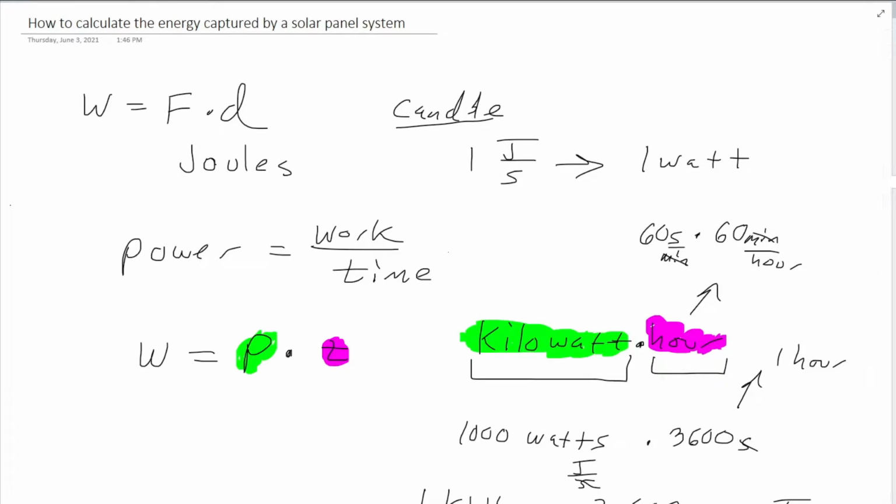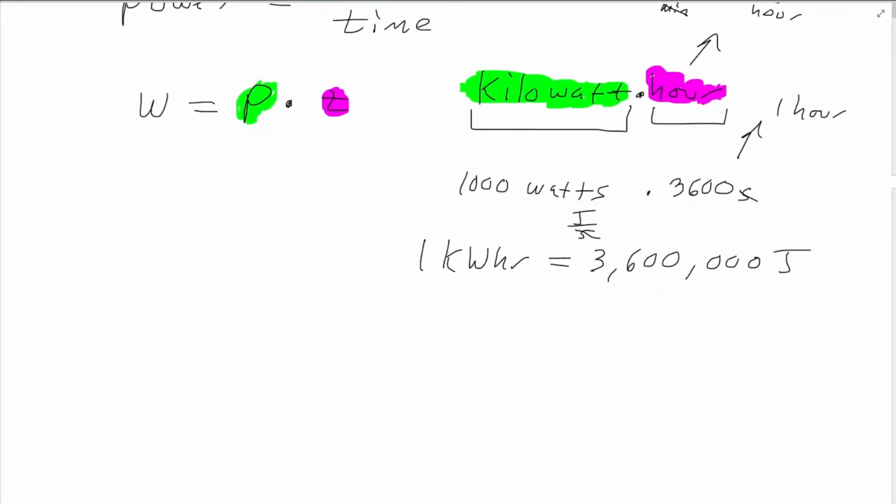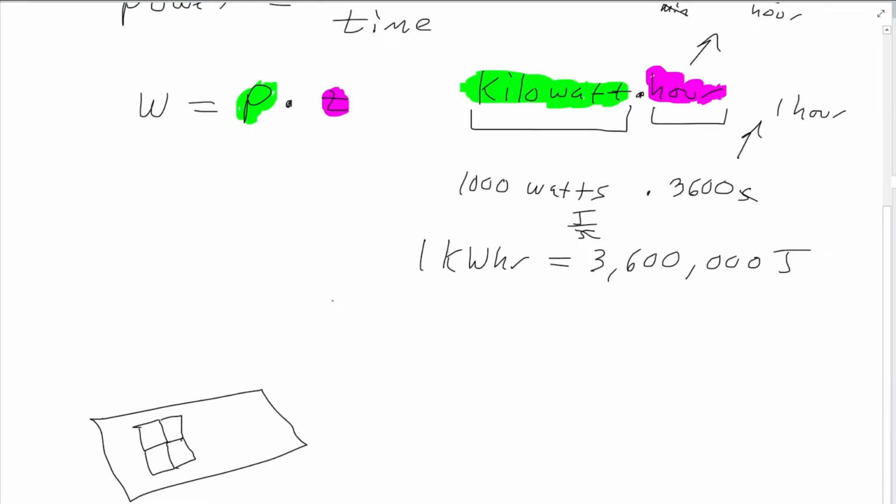Now to work it out for our solar panel, what are the things we need to know? How do we actually work out the amount of energy, the kilowatt hours, we gather during a day? That's a little bit tricky. So basically, we have a roof, and the roof is going to have little panels on it. Let's say in this case I have a system that's got 4 panels on it, and the sun is going to